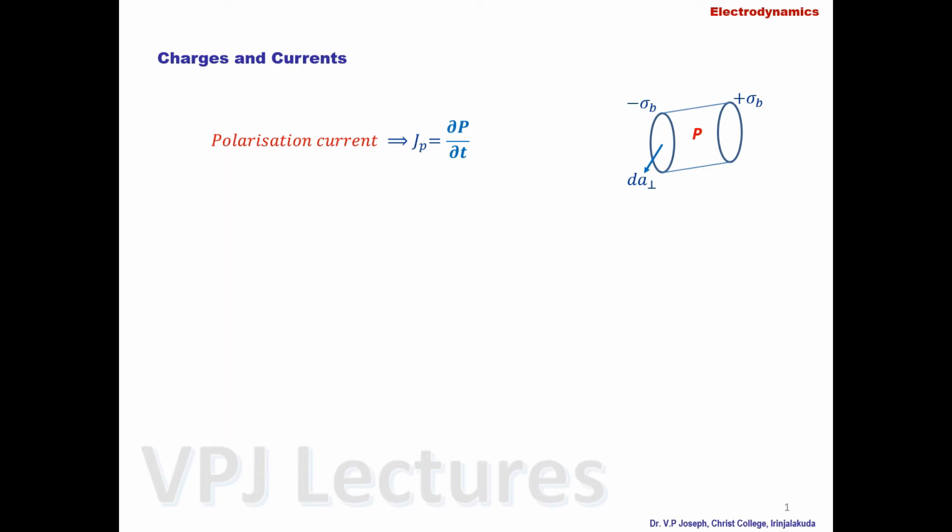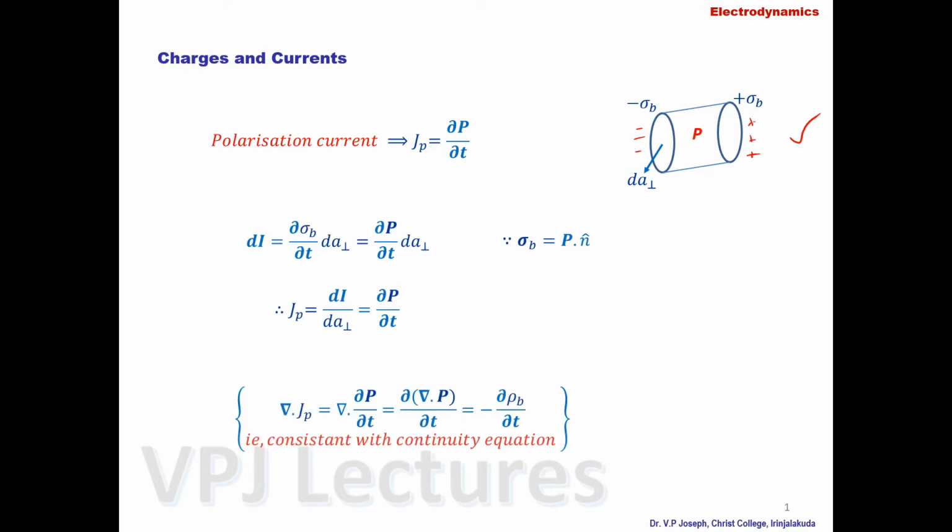And during the process of that polarization, we can see that there is current coming into action, and that current is called the polarization current, JP. So let this be the section of the dielectric polarized with the polarization vector P, and the charges accumulated on this side are negative, and on the other side positive. dA perpendicular is the surface area of the polarized cylinder, and we can see that the current associated